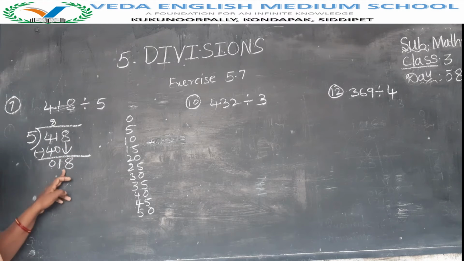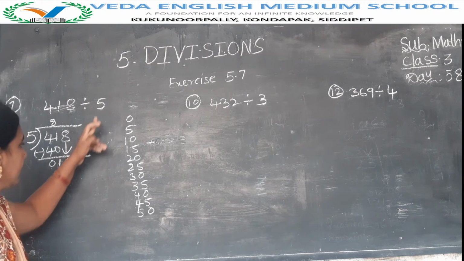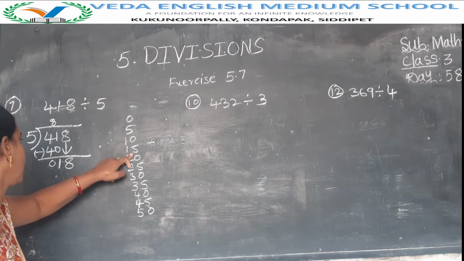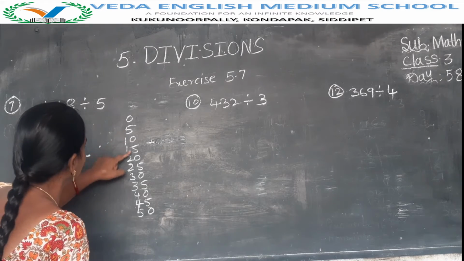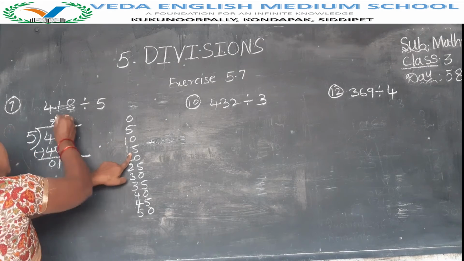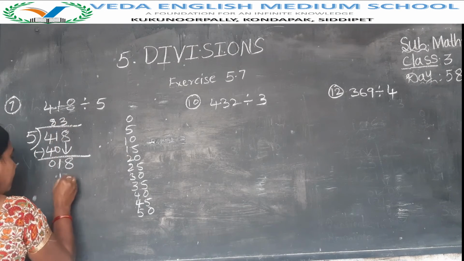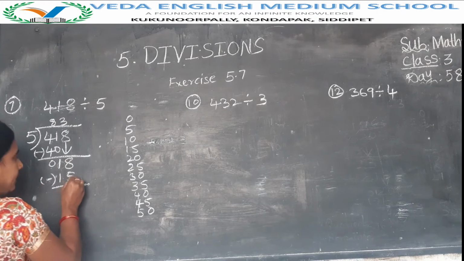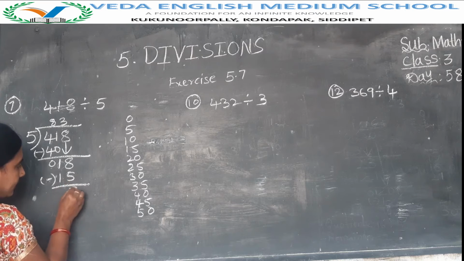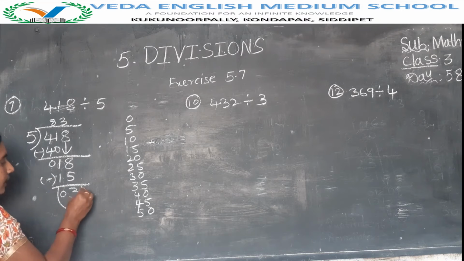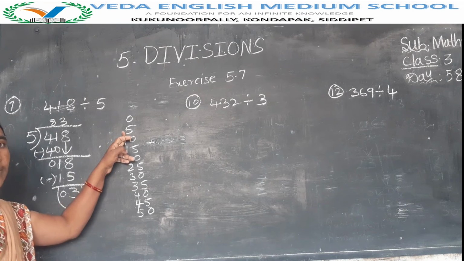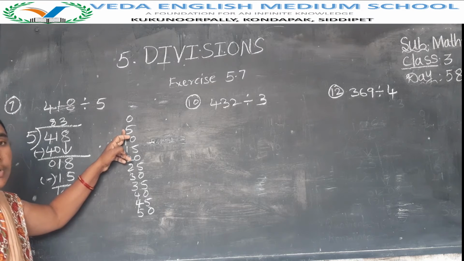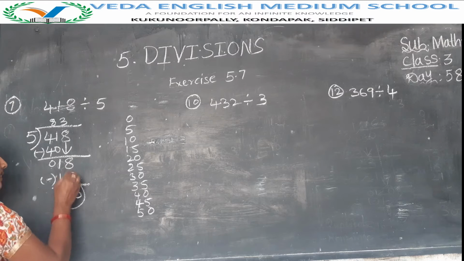That is 18. Now here 18. Find the number nearest to 18. See Nana, 15 and 20. Don't take the above number. 15 is the below. So how many times 15? 1, 2, 3. 3 times 5 is 15. So 5 threes are 15. Now do the subtraction. 8 minus 5 is 3. 1 minus 1 is 0. Here 3, Nana, see, the above numbers are 10, and the below 5 numbers do not come here. So now the problem is completed.